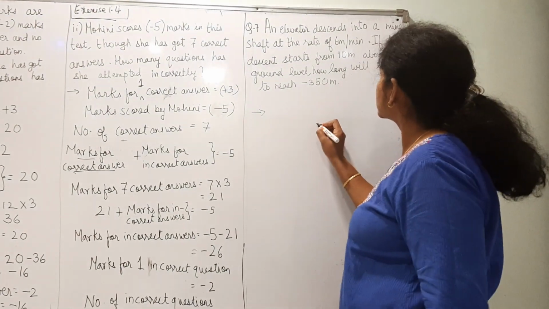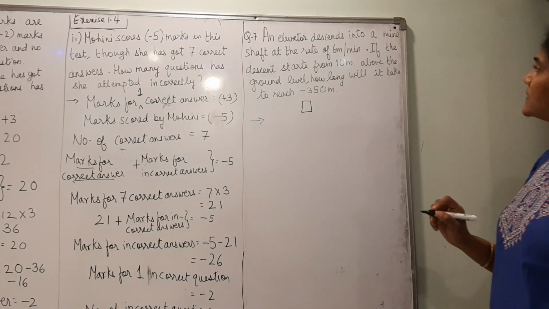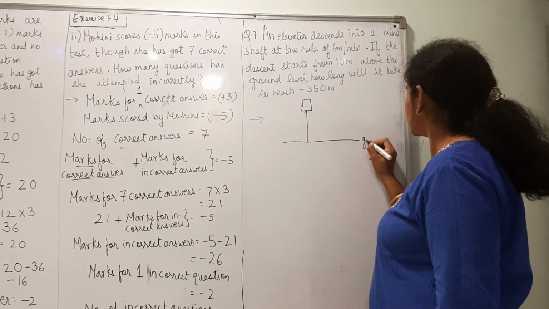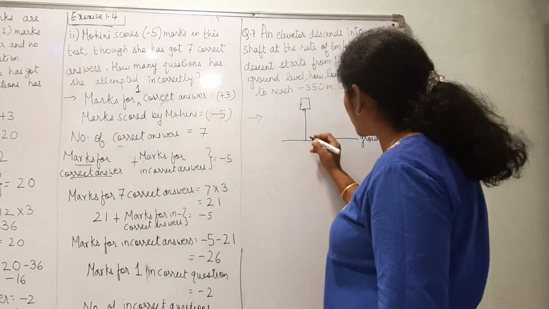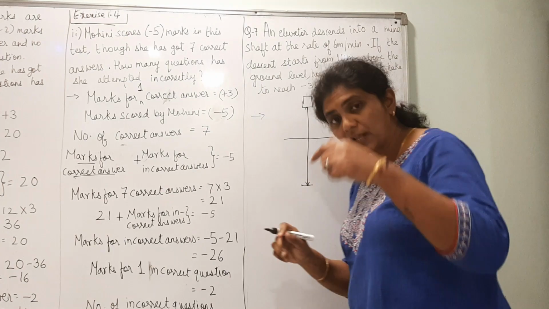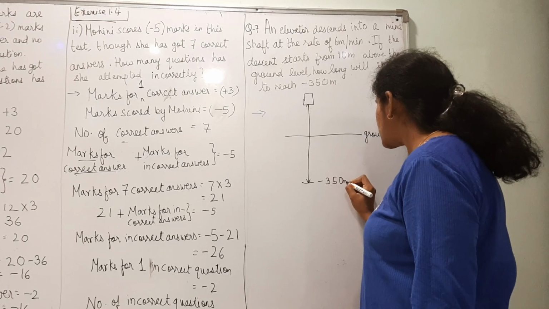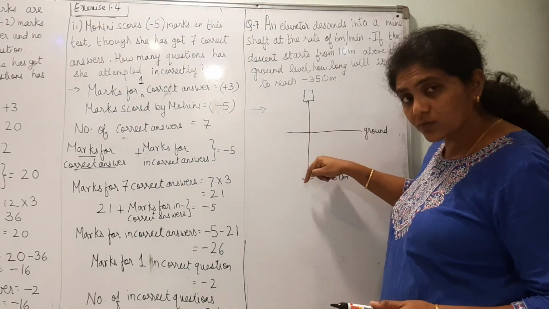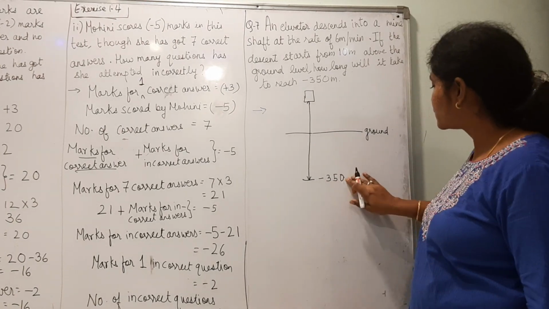Now, here I am showing the elevator as a lift. This is the starting point, this is ground level. Mine shaft means they have to go below ground. They have to go here, reach here. Below ground, I have explained in one of the questions in exercise 1.1, is represented by minus. That is -350 meter.